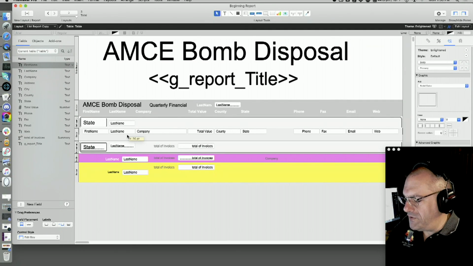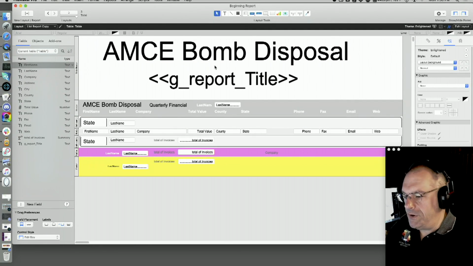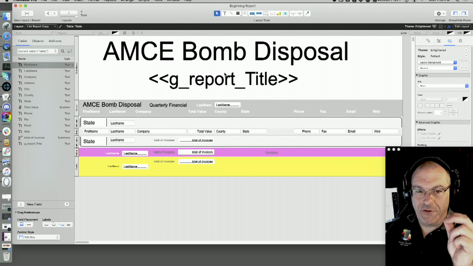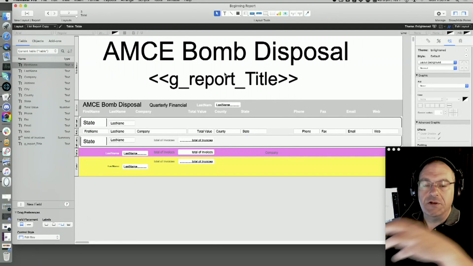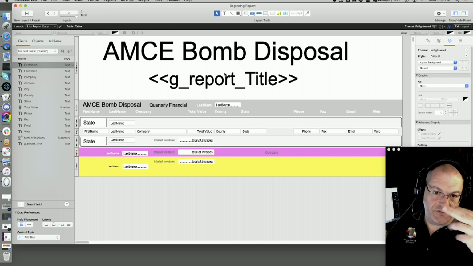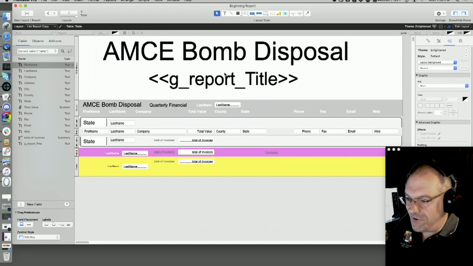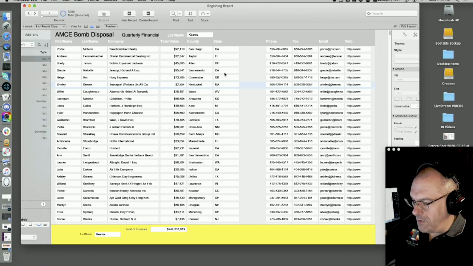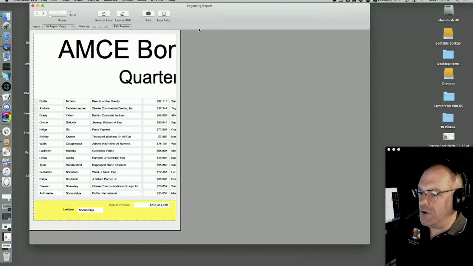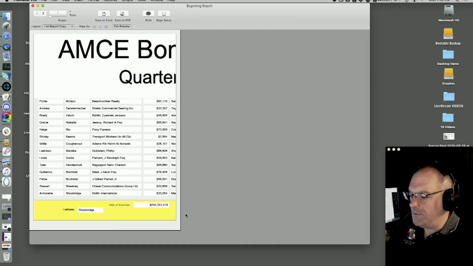So a couple of the body parts don't show up and don't behave exactly the same from browse mode to preview or print, right? Preview and print are the same thing. So I'm not going to print it, I'm just going to do preview. In browse mode, you don't see the title header, but I'm going to go like that. Now you see the title of it, and there's my label I put in there, right?